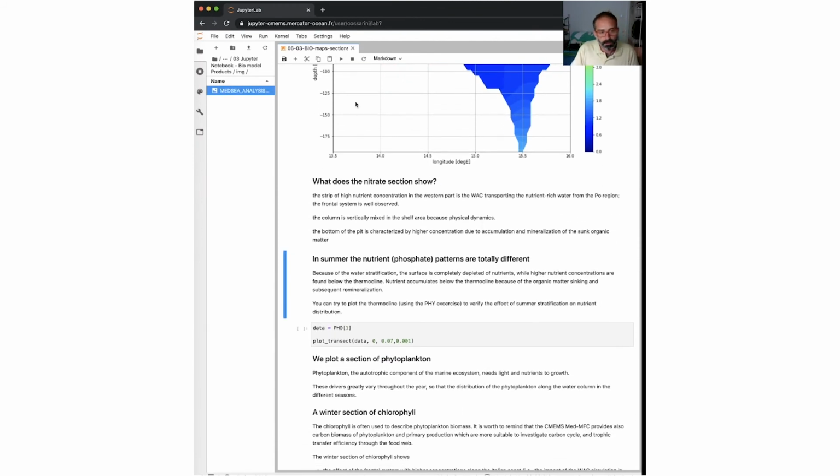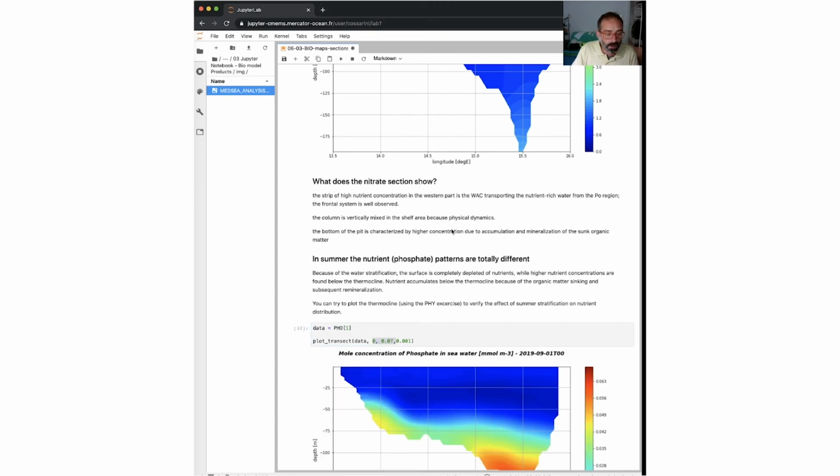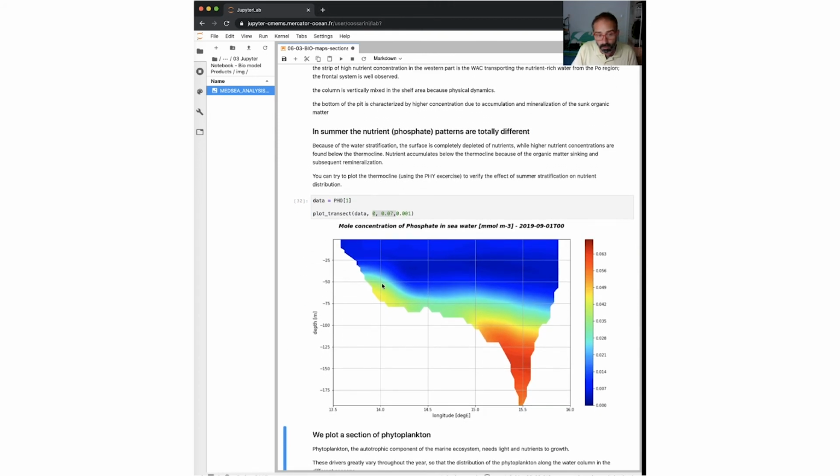We can plot by just changing the variables. Here we now want to plot phosphate, and we put 1, which means the second time frame, the summer condition. We use again the function that we defined before, with different limits for the color bar. We execute this cell, and here we have a typical condition in winter where all the surface layer is depleted